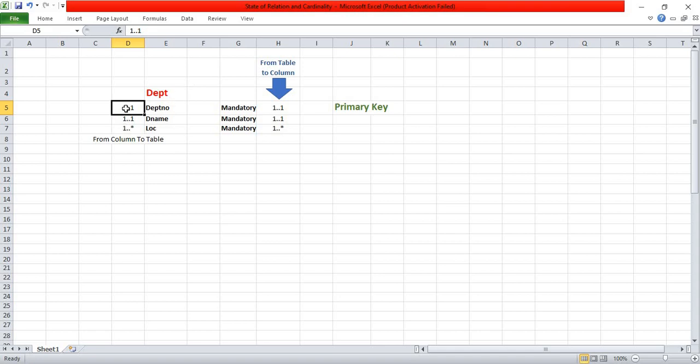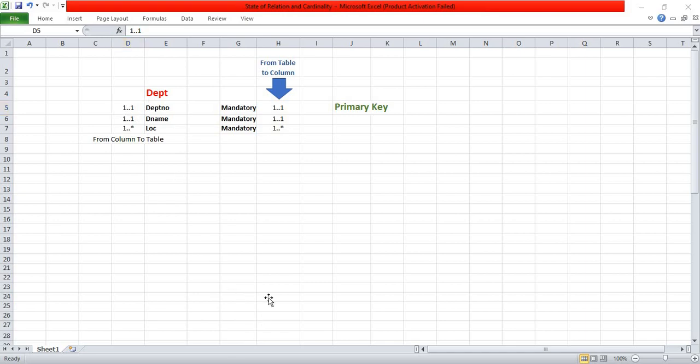But every table should contain a primary key. Why is that? To remove the duplication of data, right? In the last video, if you have seen, I tried to insert department number 50. It threw me an error stating I cannot. That is because there is a primary key applied on that table, which prevents such duplications.